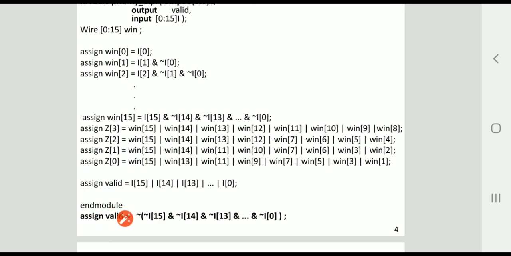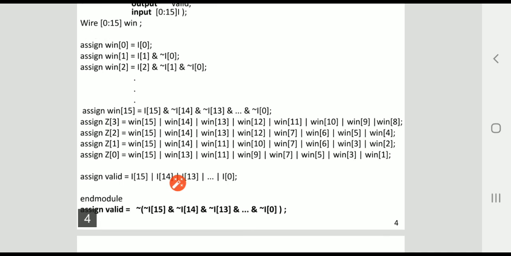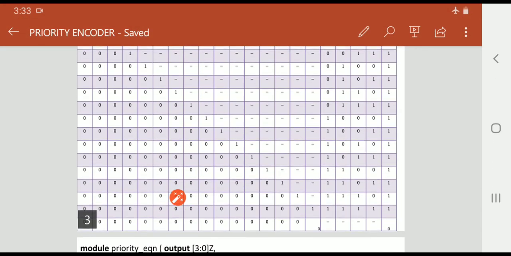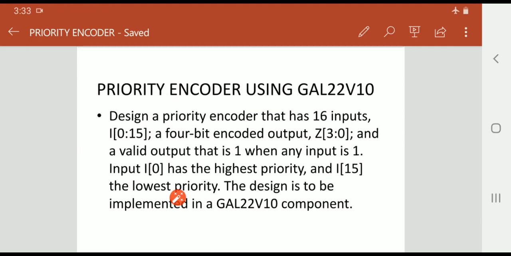That valid output is written as I of 15 OR I of 14 OR I of 13 continuing up to I of 0. If any one of the input lines is 1, the valid will always be 1. Only if all the input lines are 0, the valid is 0. You can also use an AND operation, but you have to use a negation so that it satisfies the condition of the given question. So this is about a priority encoder, given as an example using generic array logic.